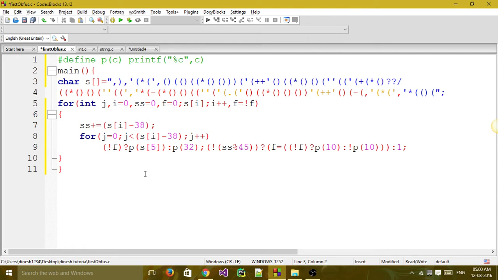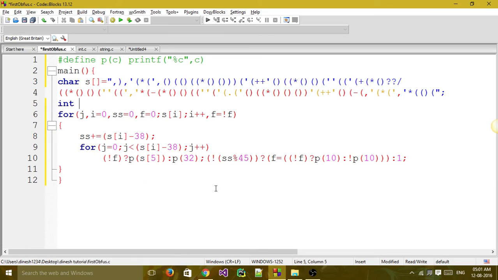And now it is somewhat readable here. And the variables also need not be declared here only. We can declare them outside also. So we can declare them outside.